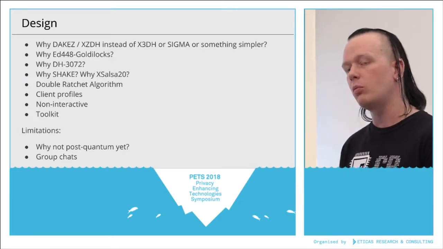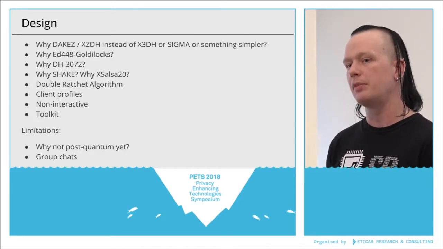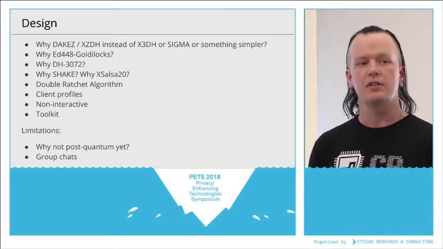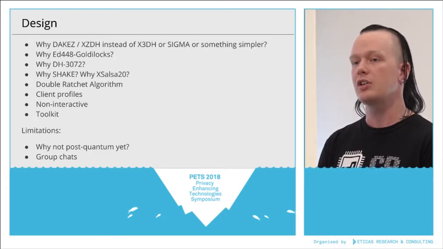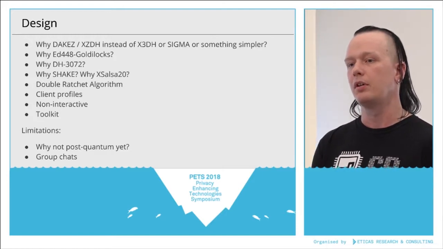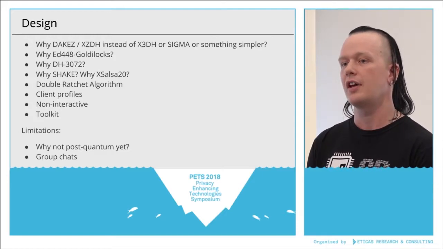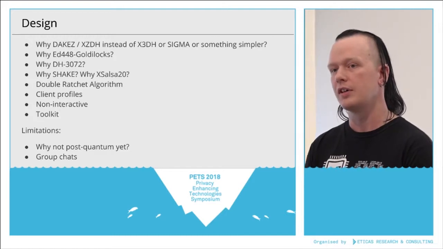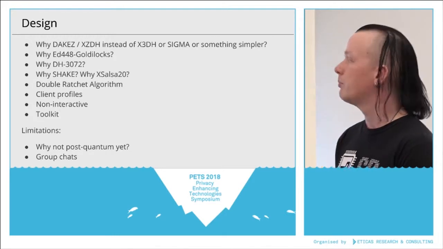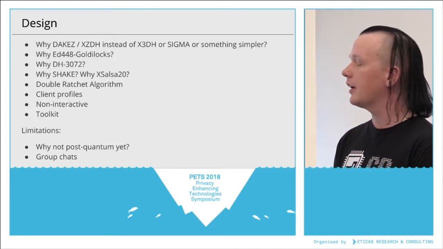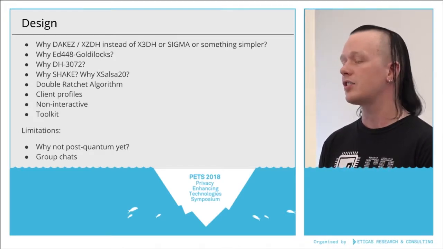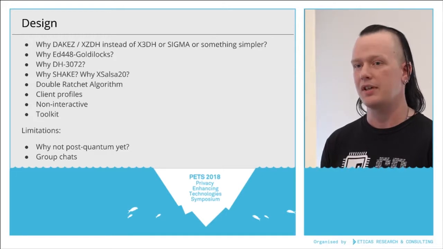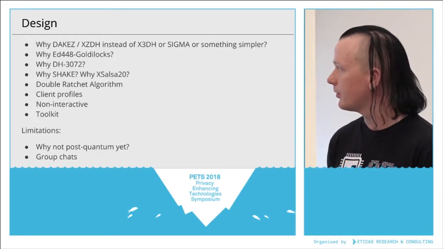And this is also the reason why this idea of modes of implementation is important, because in some cases, under some circumstances and for some implementations, it might not be acceptable to trade off the online deniability of one of the parties by supporting offline messaging. On the other hand, there were several other choices for offline messaging where, for us, XZDH was the best trade-off in terms of speed and security properties.